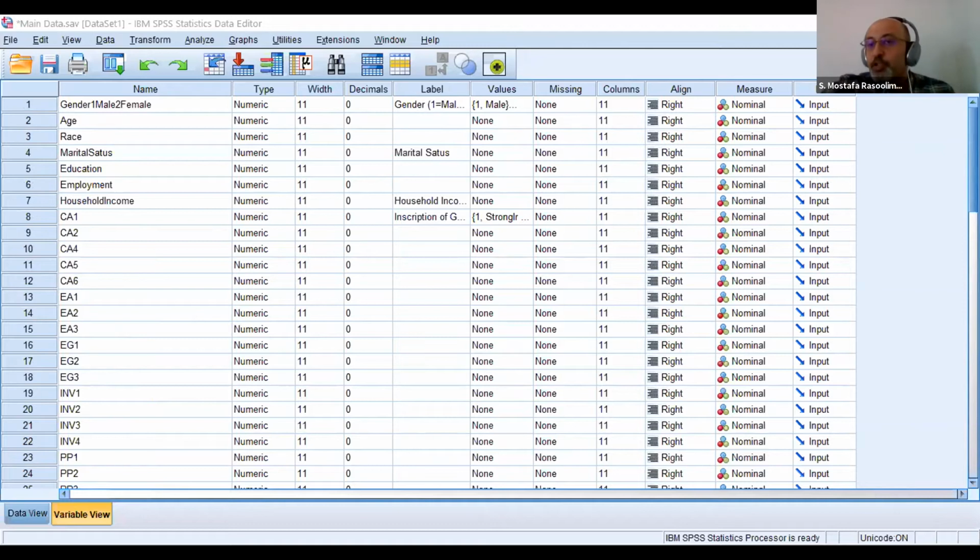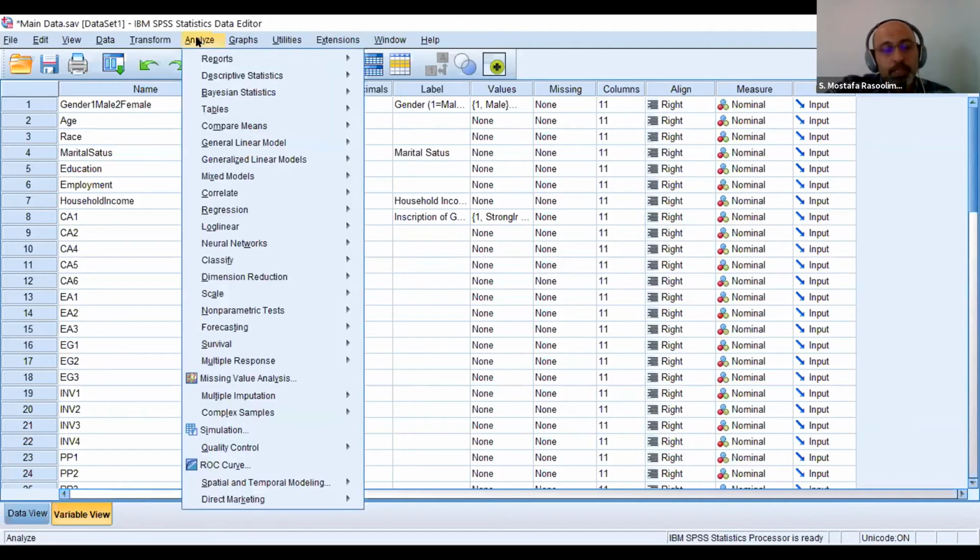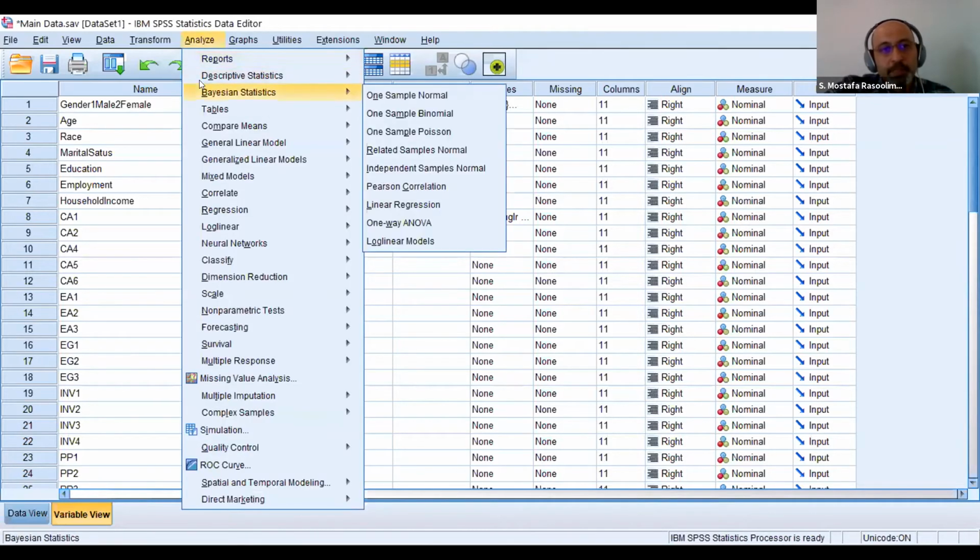Yes, we have 5 age groups. So we want to compare community attachment between these different age groups, right? Okay. So for this one, because the age variable includes more than 2 groups, we have to apply one-way ANOVA. So to perform one-way ANOVA, similar to the t-test,